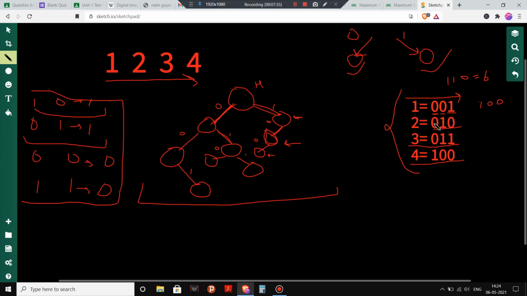Now for 2 we have 0 1 0 as its binary representation. Initially we are at the 0. We will check if we can have 1. Yes, we can have 1 here, and I reach this position. Then I have 1 here in the binary representation, so I will look for the 0. Yes, I can have 0 here, and I move to this position.